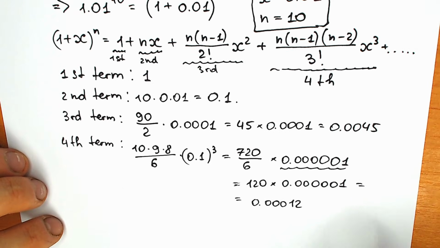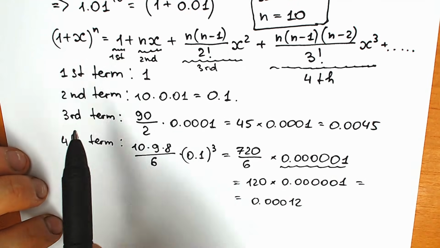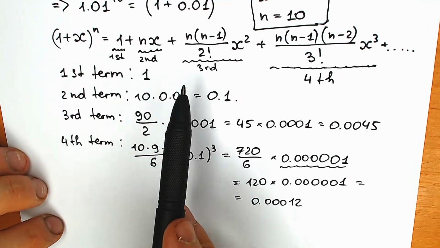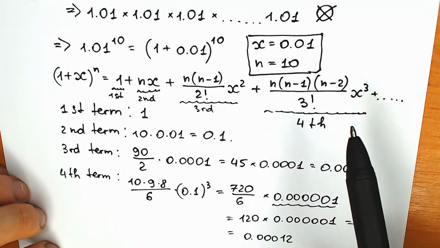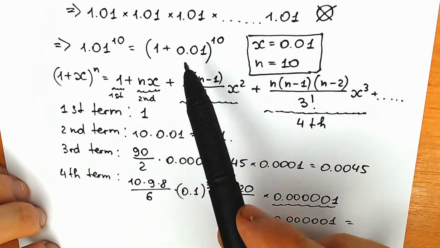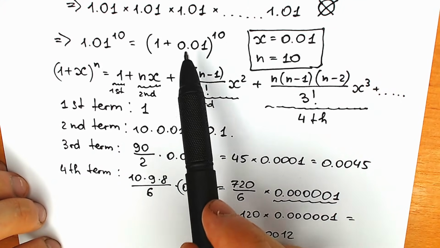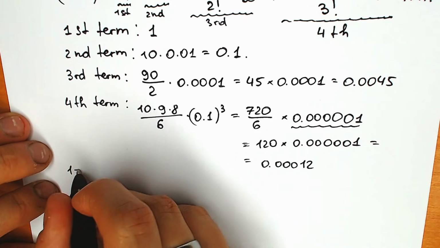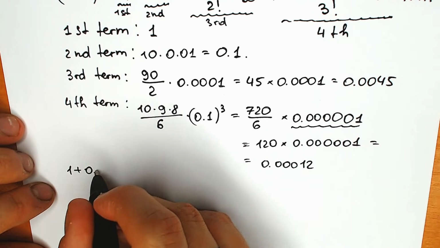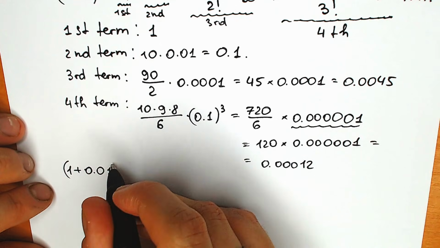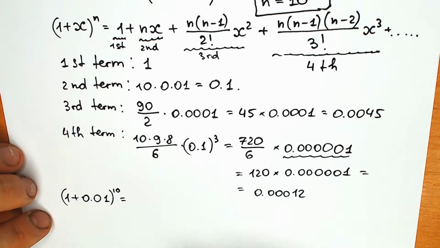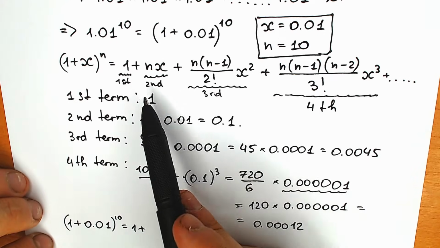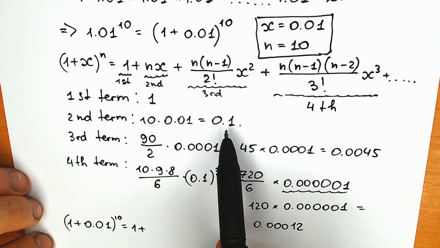So right now, let's plug in each of these terms into this formula. As you can see right here, we have our binomial formula equal to this thing. But in our case, we plug in the values that we need from here. So as a result, 1 plus 0.01 to the power 10. Let's rewrite it right here. 1 plus 0.01 to the power 10 is equal to, as you can see right here, we're going to add 1, so we have 1, plus a second term equal to 0.1,